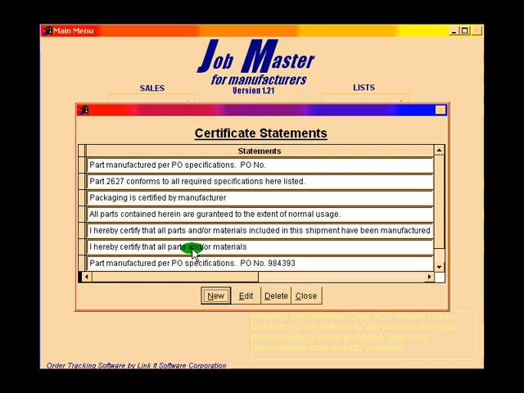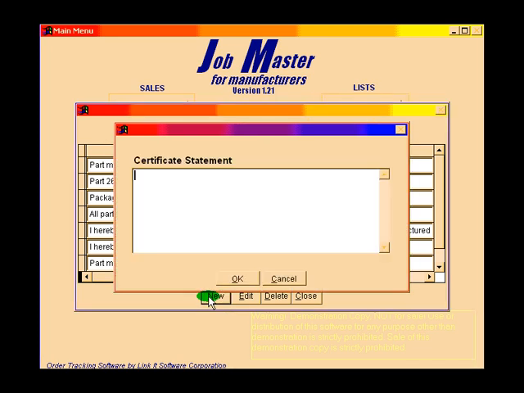This is where certificates are created for the drop-down menu and for use from the drop-down menu. The operator simply clicks on New, types in the certificate and creates it in whatever form they desire, saves it, and that certificate then becomes available, however it's named, on the drop-down menu in the shipping or shop traveler area of JobMaster. I will now close this area